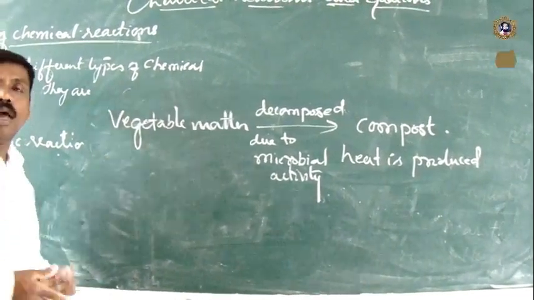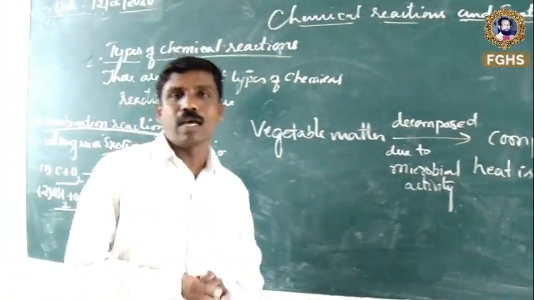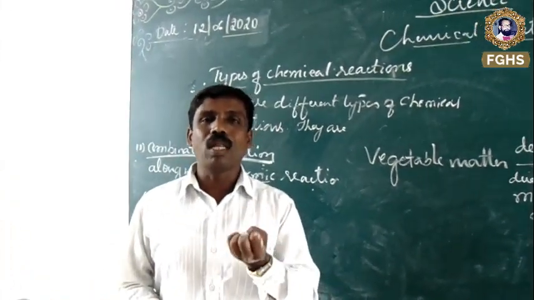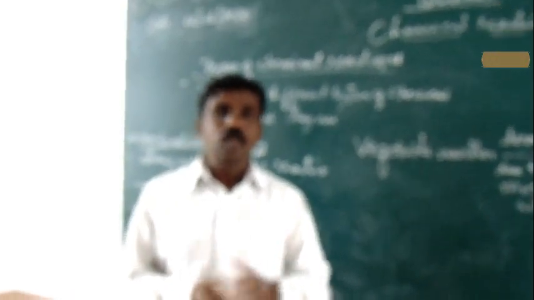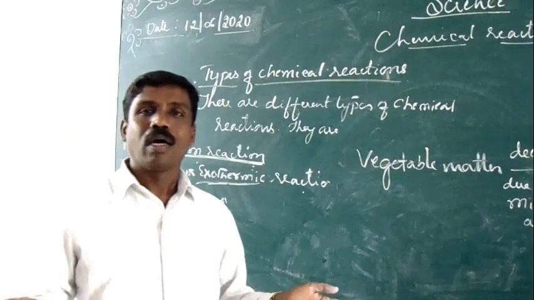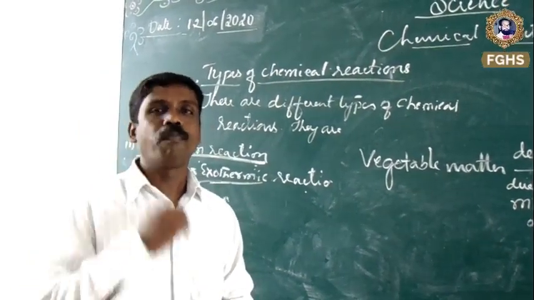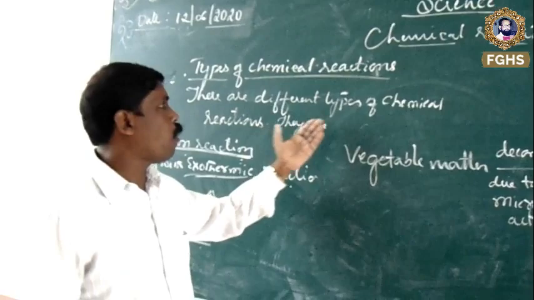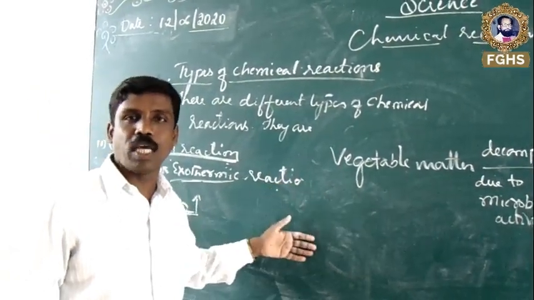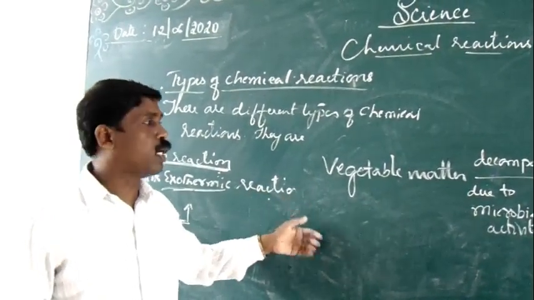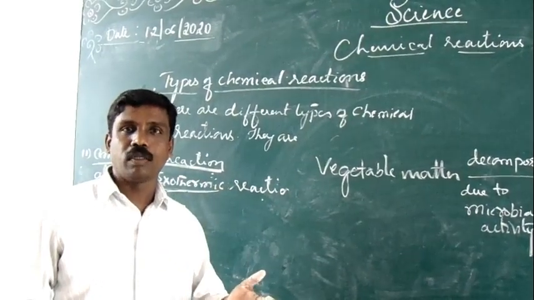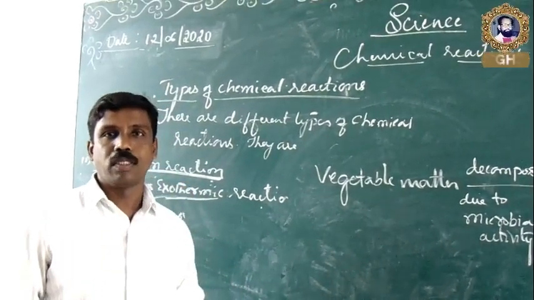Okay, children. Now let us recall what all we discussed in this class. We discussed what a chemical combination reaction is. A chemical combination reaction is nothing but the combination of two or more reactants to give one product. We also discussed some examples of chemical combination reactions, along with what an exothermic reaction is, with some examples.